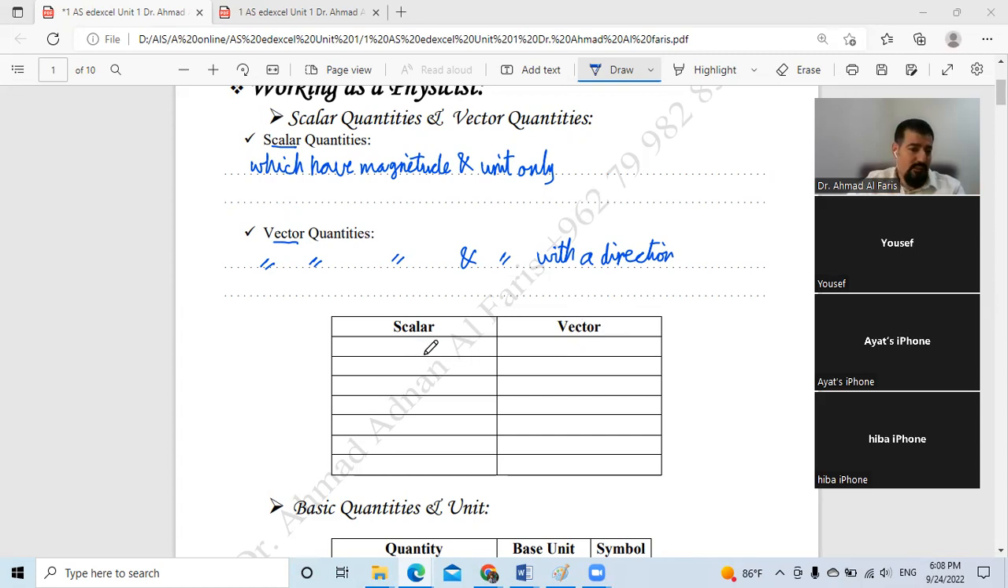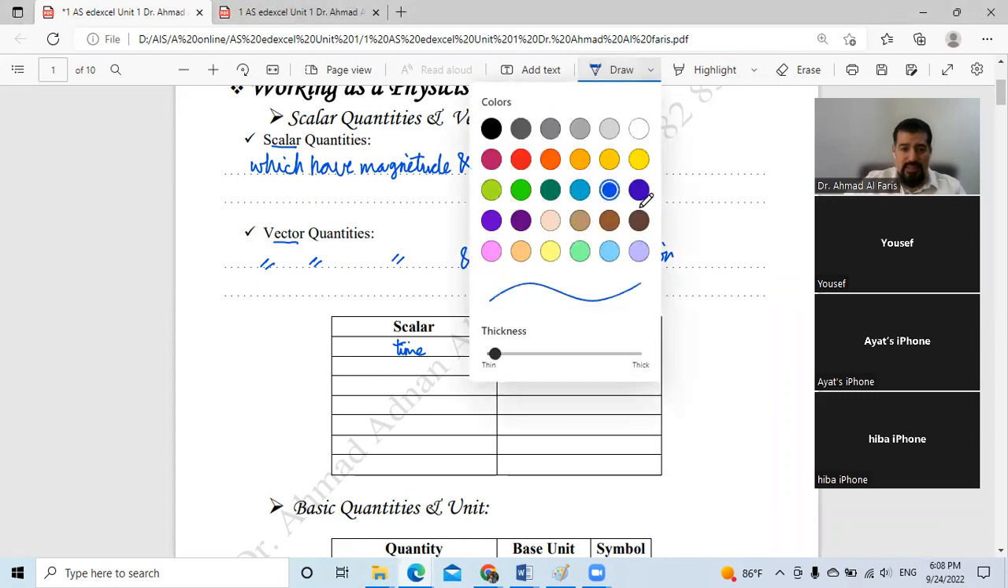For example, send me in the chat: time. Is it scalar? Thank you, Lama and Yusuf. Time, exactly, is a scalar. Unless we're talking about time travel or multi-universe dimensions, where we could talk about vectors because we can go forward and backward in time or into another universe. So time is a scalar and doesn't have a vector counterpart. But if we go to another example like speed,